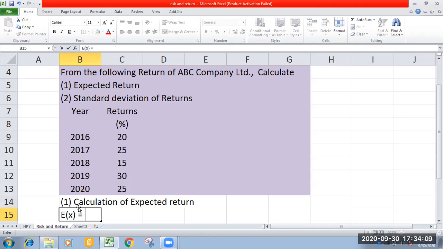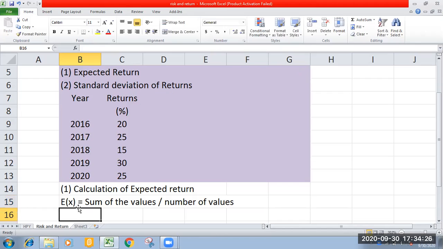Expected return is equal to the sum of the values divided by the number of values. Sum of the values means here we are measuring the returns,